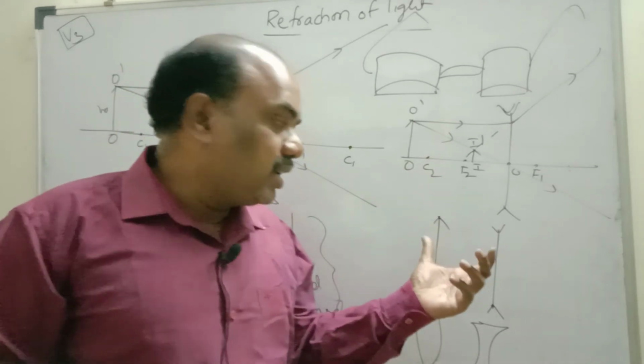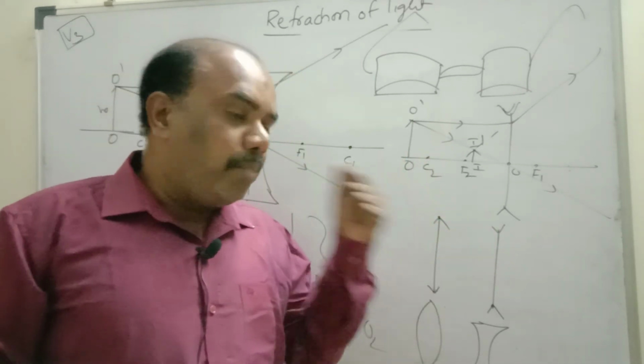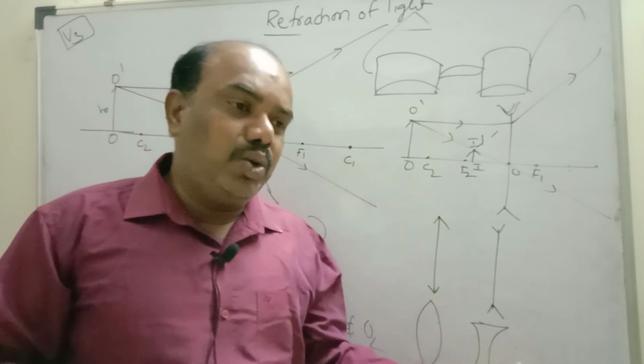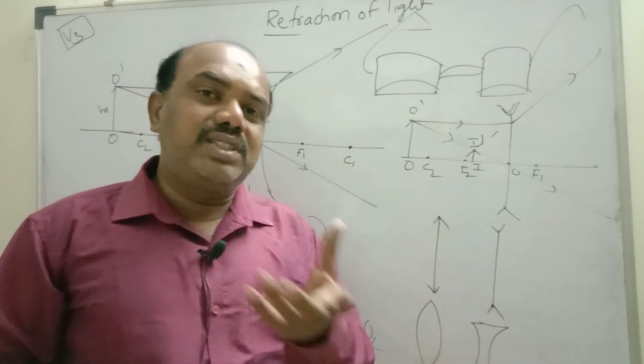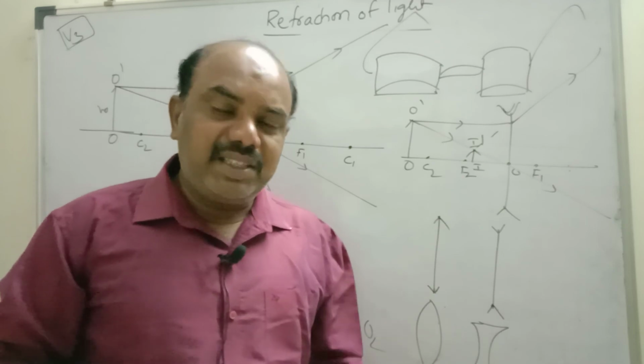So this is the image formed by a convex lens and a concave lens. Pause it and write notes clearly. Watch 2 to 3 times. If you are unable to read so many subjects, at least use headphones to listen to these classes regularly. All the best. God bless you, children.